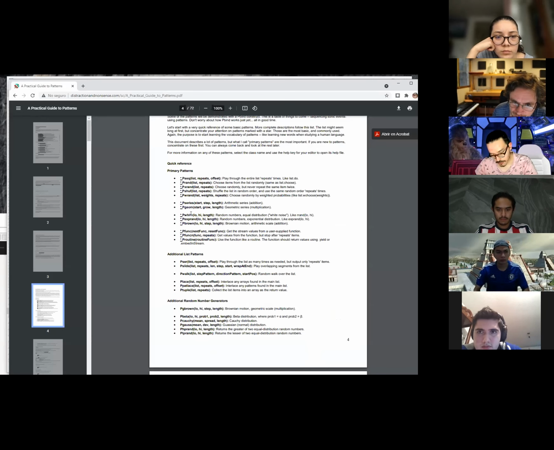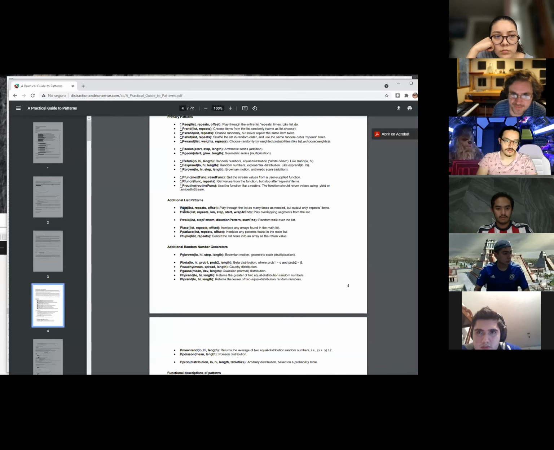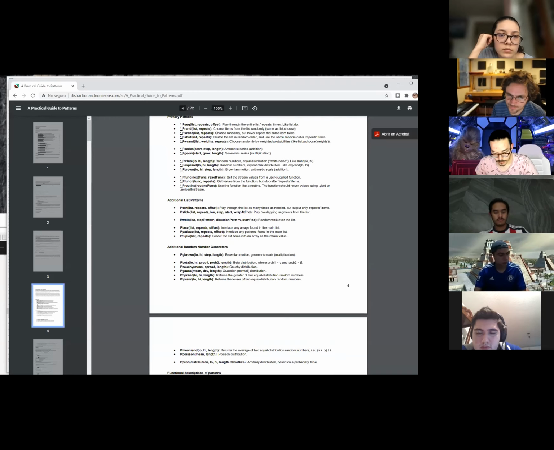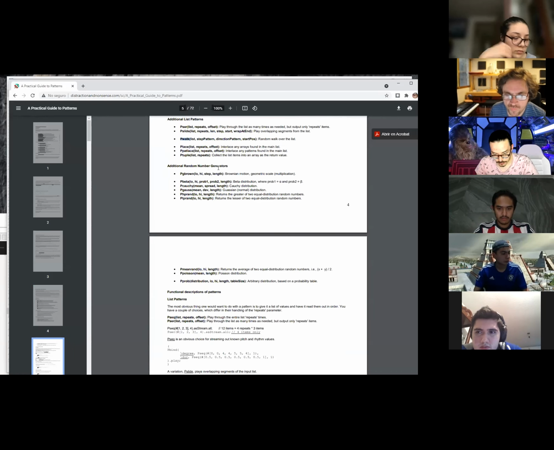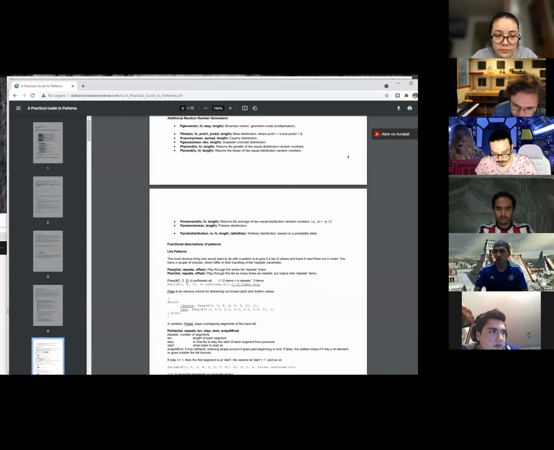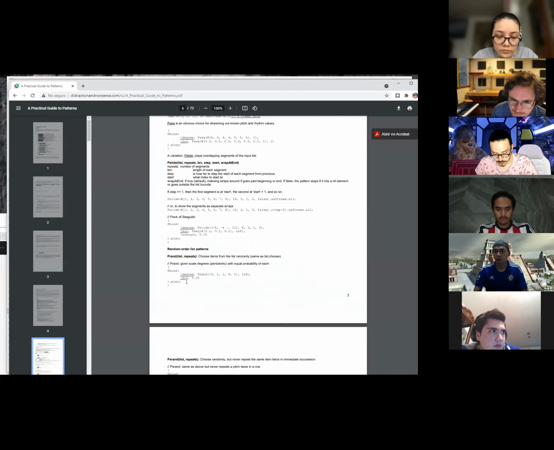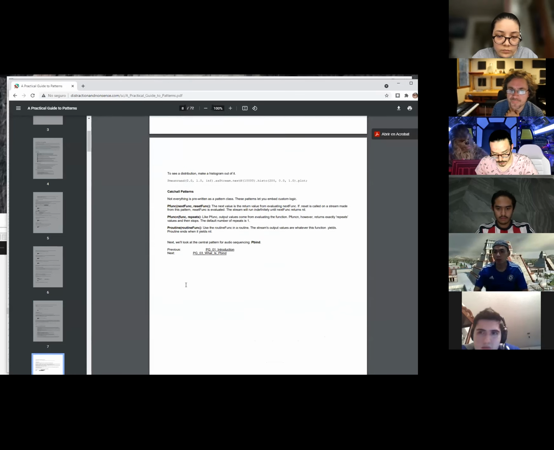For example, we have the P series, but there's also a very nice one, P walk, okay? This one has some musical implications also. And this one is more for algorithmic, for random generators, okay? And these ones are for distributions of tables, and you can see the different examples here, okay?